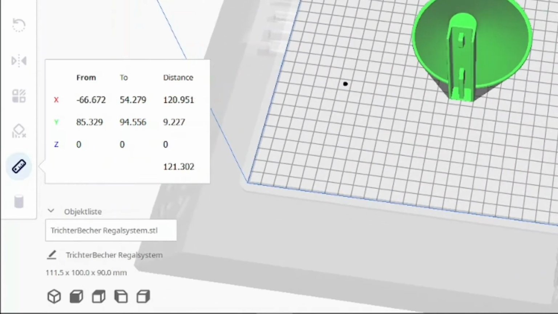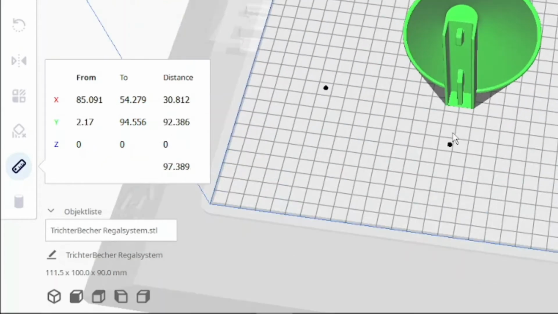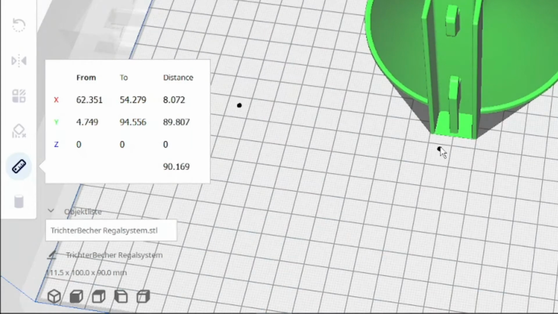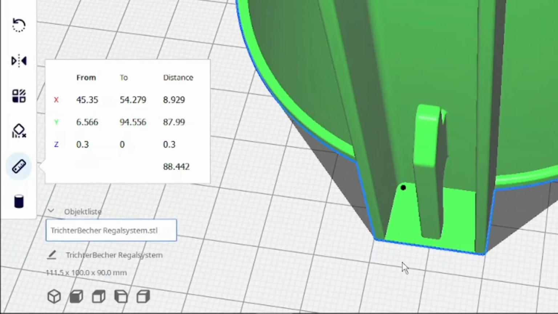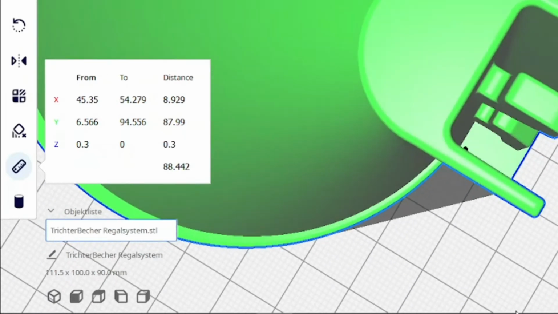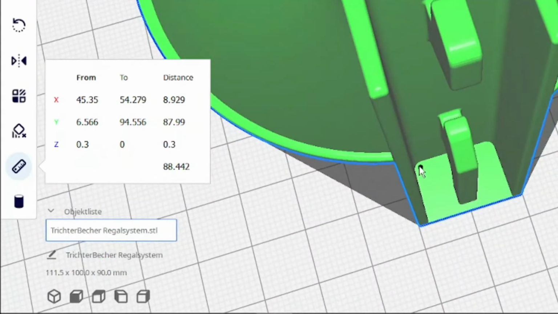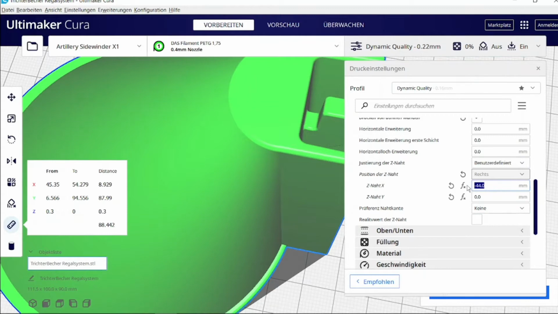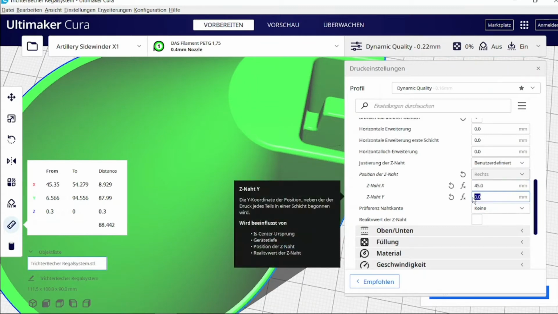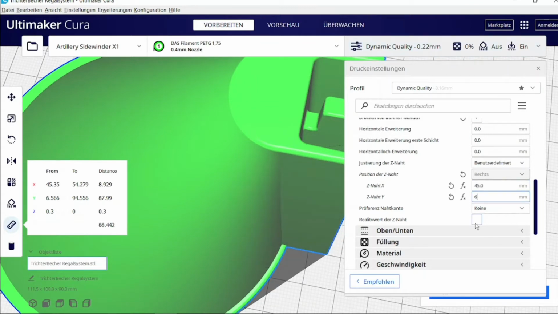We just take this one dot here and we position it right within where I want to have my Z-seam facing to, closest. And then I see this coordinate here is 45 by 6. And now I type in here 45 by 6 and